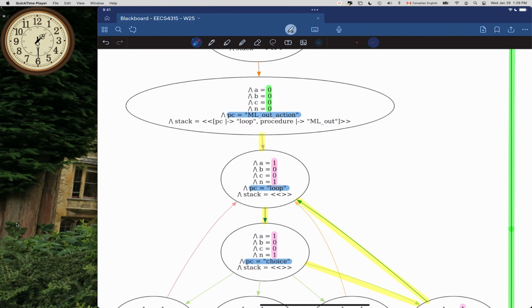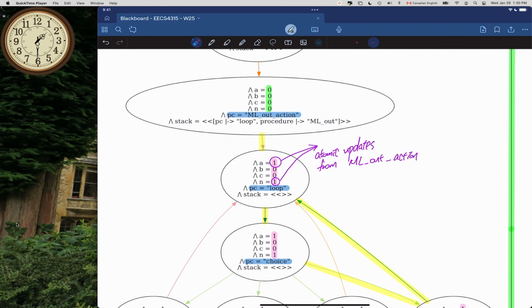That's because we got a single label, right? That's exactly the point. So I'm going to say 1 here, and also the 1 here. So these are the atomic updates from ML out